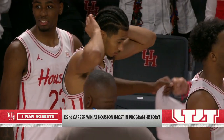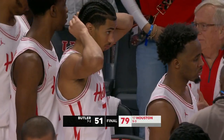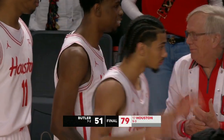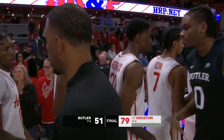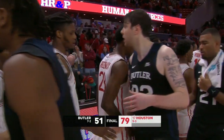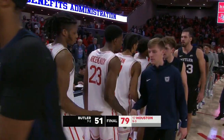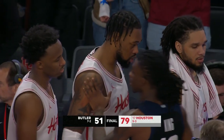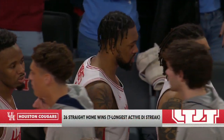And with the win today, you think of this program in the history here at the University of Houston, Juwan Roberts has just become the winningest player in a Houston uniform. His 122nd career win. You look over the Big East, sitting right over here, Elvin Hayes. You think of Akeem Olajuwon, Clyde Drexler. But that is the winningest player now, Juwan Roberts, in Houston history. And plenty more games to be had for this Houston Cougars team. So they win it by a final of